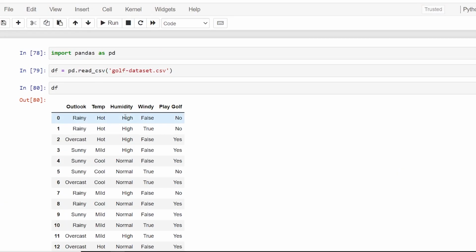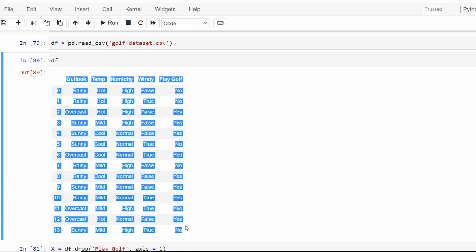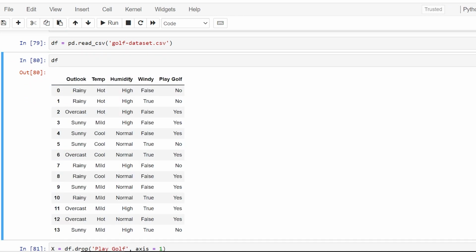Okay, so this is a basic code that I have written. And you can find this dataset very easily. I'll upload everything: the presentation, the dataset, and this IPython notebook itself. You can have that in the description box below. So I import pandas, I import the dataset, I check out the dataset, and we have the same values and the same data that we have, which is Outlook, temperature, humidity, windy, and play golf.